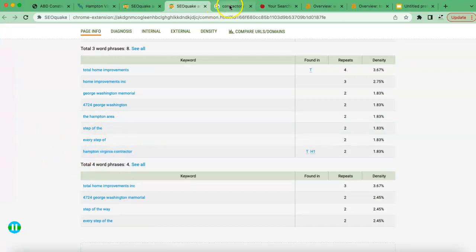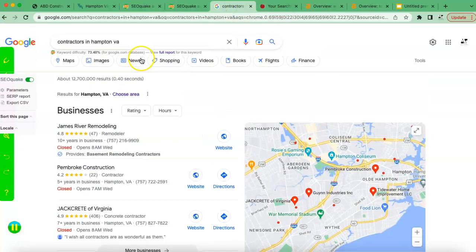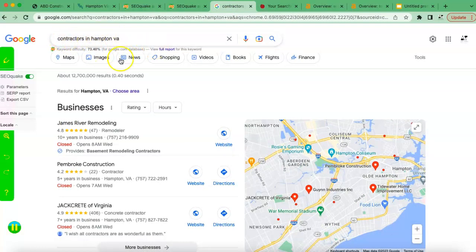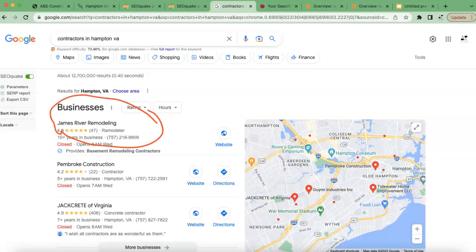And so if I come over here, I feel like contractors in Hampton, Virginia is something pretty common that someone would look up who is looking for a contractor in Hampton, Virginia. So if we come here, the first thing that pops up is businesses in the Google Maps section, and we have James River Remodeling that pops up first. And so if we come over here,